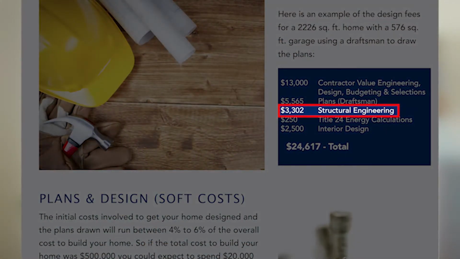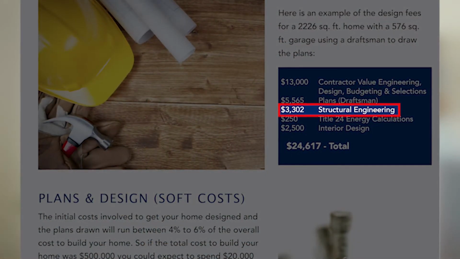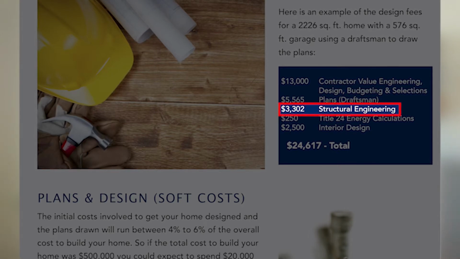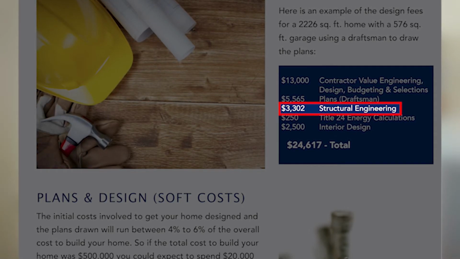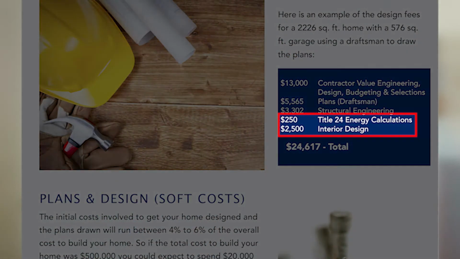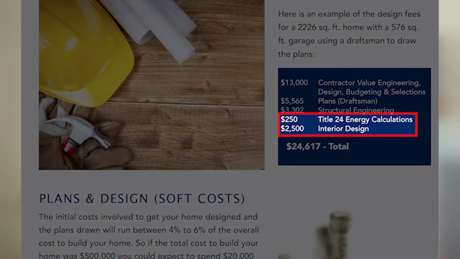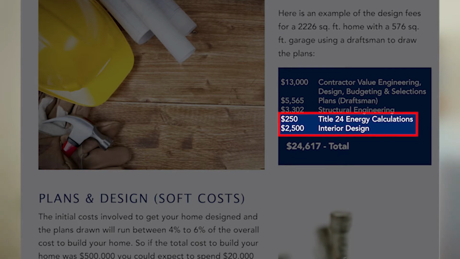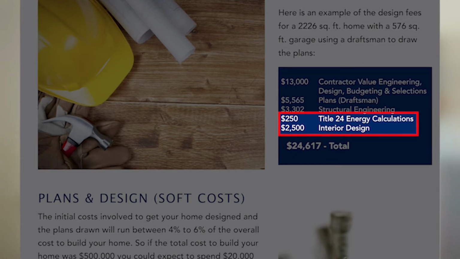The next line is $3,302, and this is for the structural engineering that we talked about. This is based on a per square foot under roof for that structure, and this one's figured at $1.25 a square foot. Now, the Title 24 energy calculations, that's $250, and then you have an allowance for interior design, and this is